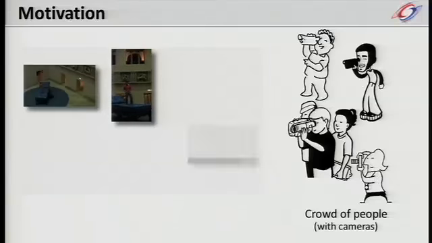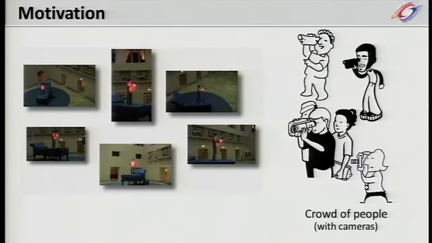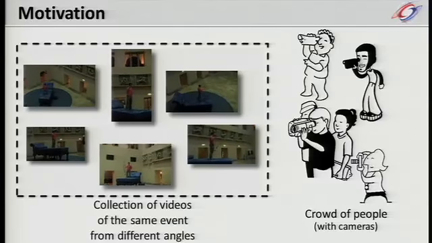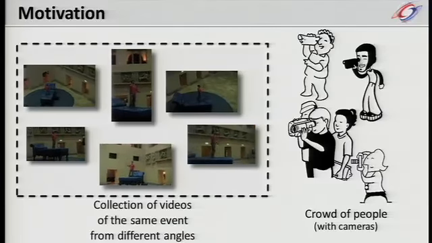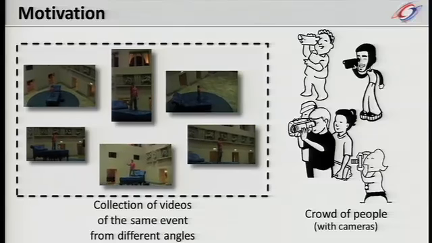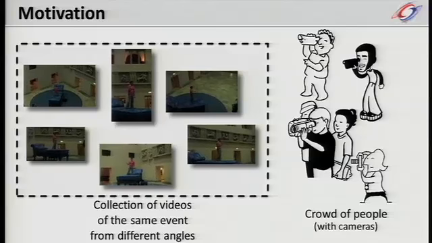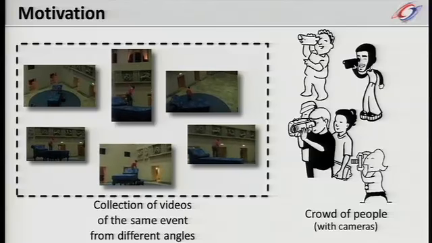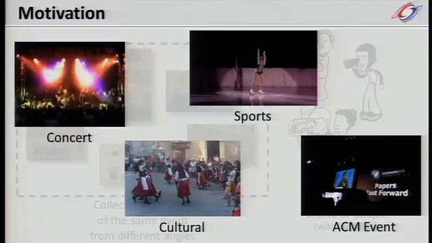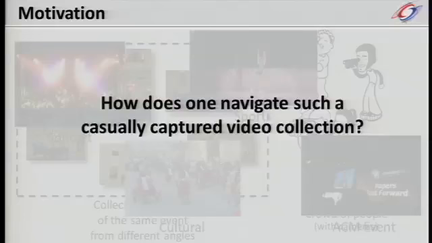And maybe after that, they share it, maybe on YouTube. As a result, we have a collection of videos of the same event, recorded from different angles. Here in this example, we have only 6 videos, but try to imagine how many videos are recorded, for example, in a concert or a sport event, or an ACM conference, or an ACM party, actually. So the big question here is, given this collection of videos, how does one navigate such a casually captured video